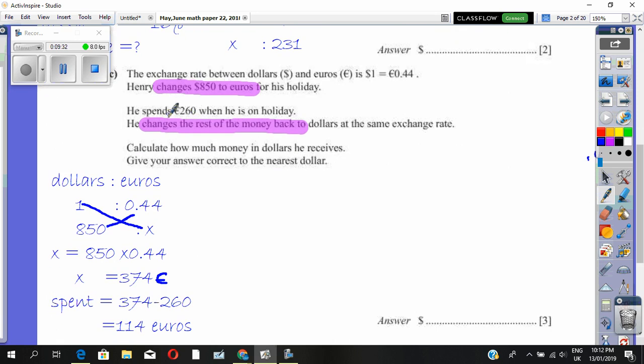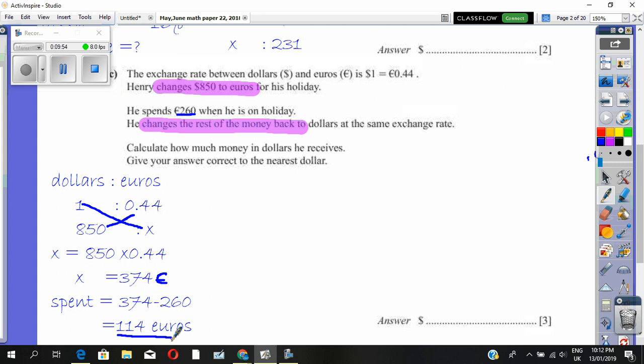Then he spent, the other part of the question is here. He spends 260 euros when he is on a holiday. After spending, he gets the remaining money, that is 374 minus the amount he has spent, 260 euros. Then he remains with